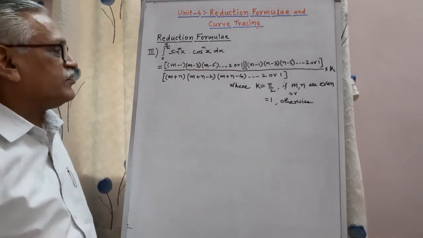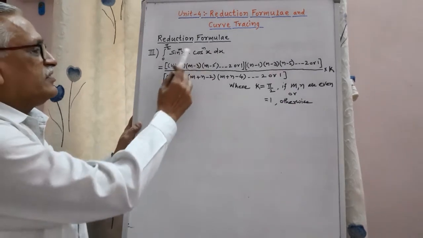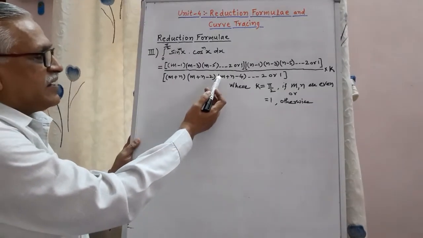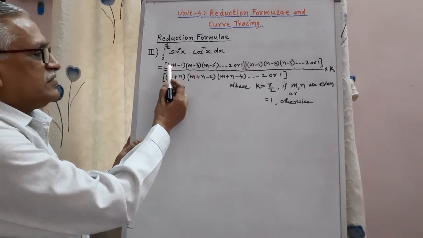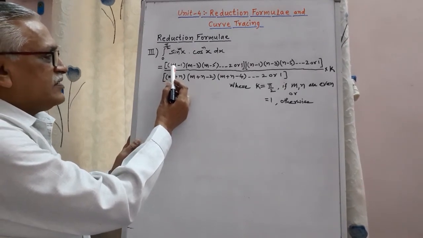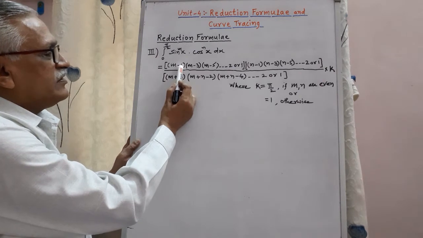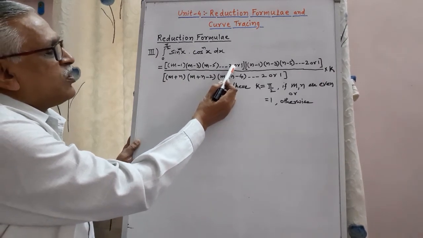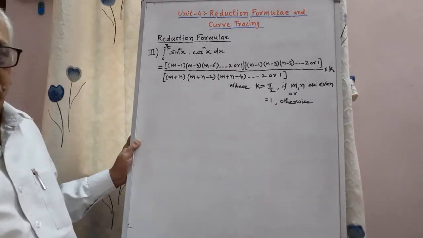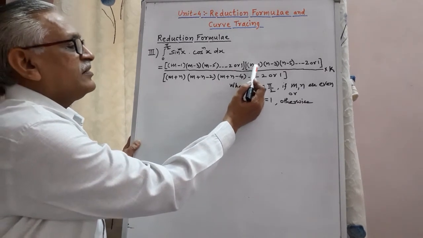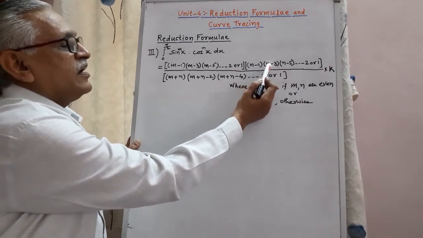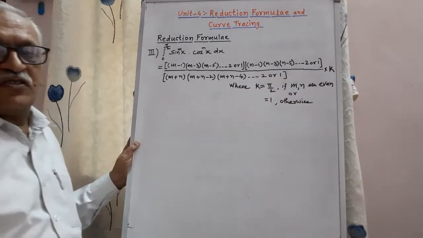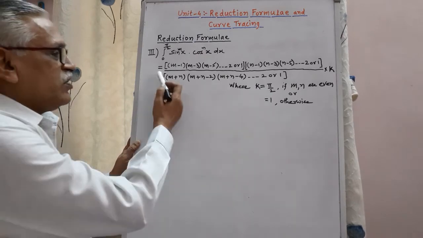Multiplication of these two terms, its value is obtained by this right hand side term. In the first bracket the terms are m minus 1, m minus 3, m minus 5, and so on. The last term is either 2 or 1. In the second bracket, n minus 1, n minus 3, n minus 5, and so on. The last term is 2 or 1, and the whole is divided by